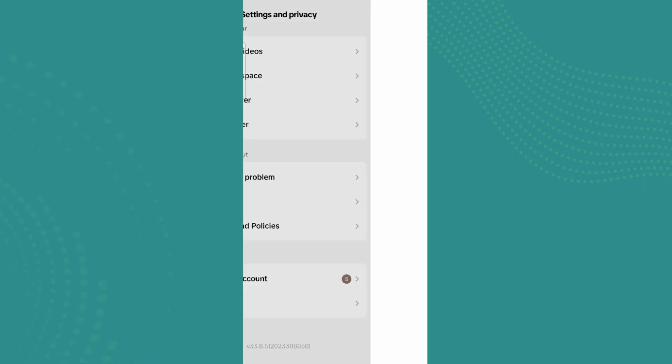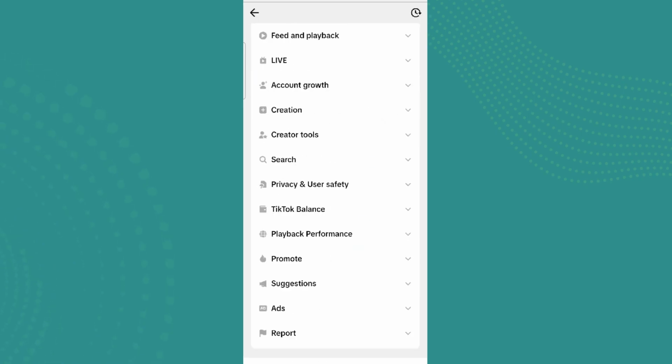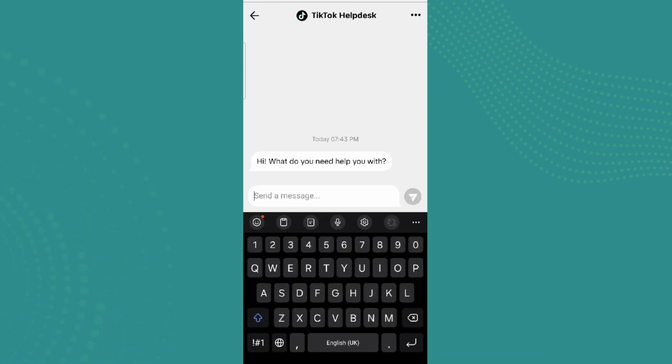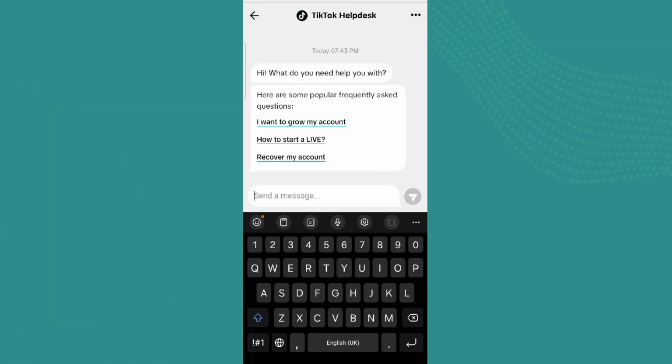over here, and you can simply report your problem about your settings, that is your phone number is lost and you would like to get it changed. So let's click on report and click on chat with us, and here you can write a problem that you want your phone number being changed. So here you need to simply enter your problem, that is you want your phone number to be changed as it is lost, and simply click on the send icon over here to send it,